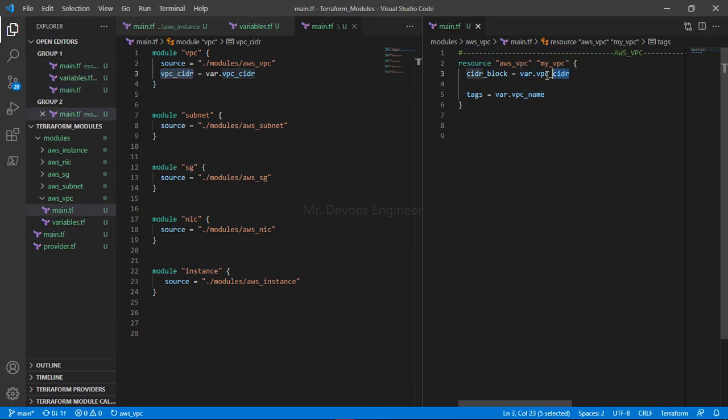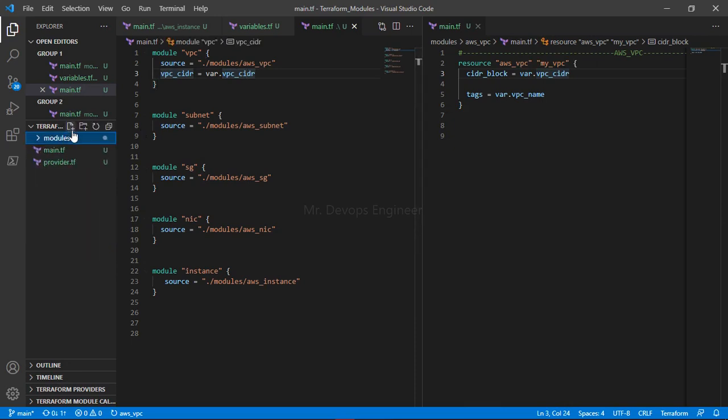You can see vpc_cidr itself. So the left one belongs to the backend. Please concentrate. The left name you gave in the module belongs to the name which you gave in the backend. See, AWS VPC main.tf, var.tf, this is the variable. But the right one is the value you will pass from the front end here.